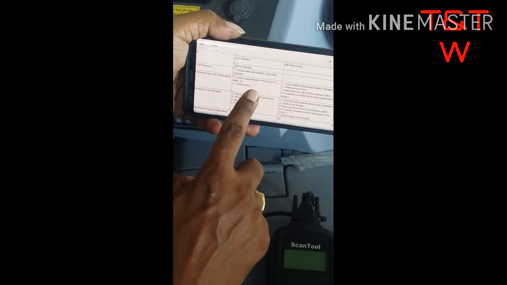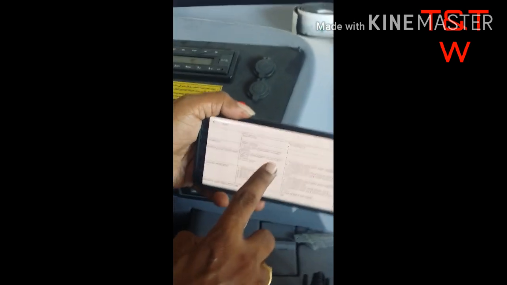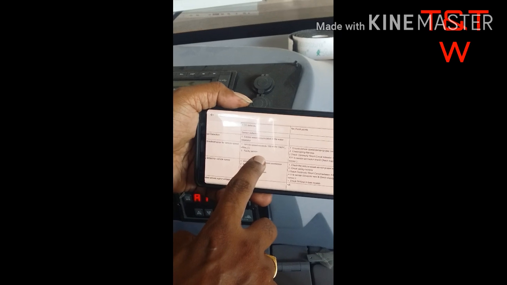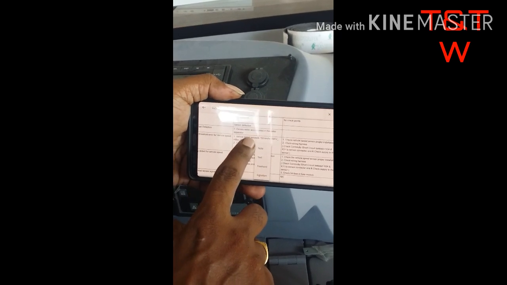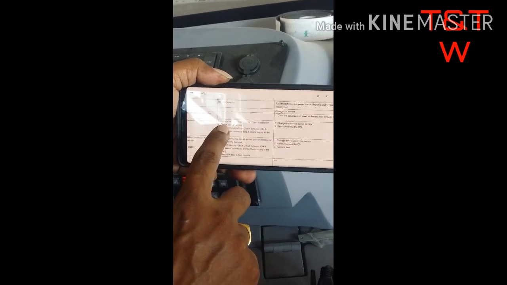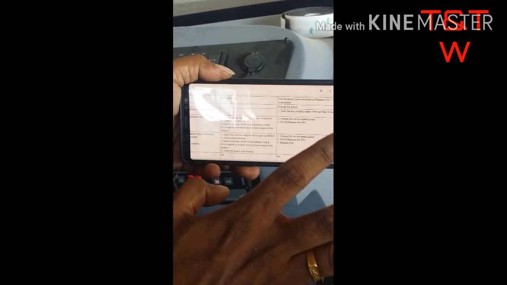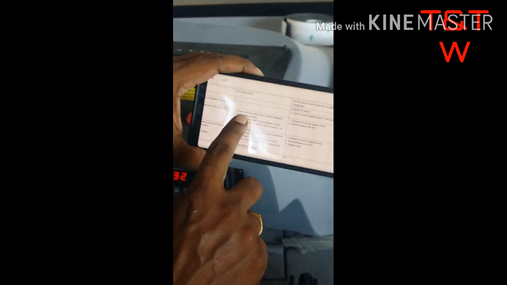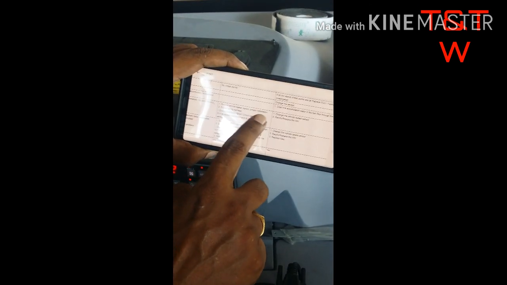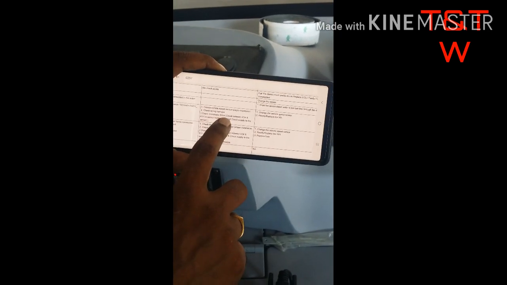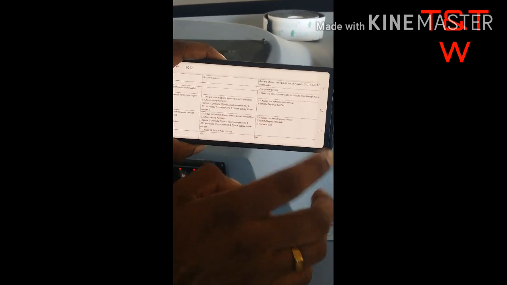What are the reasons? One is vehicle speed exceeds 150 km per hour or faulty sensor. These two can be the reasons. So what are the steps we can do? First, ensure vehicle speed sensor is properly installed. Okay, we'll do one thing. I'll switch on the AC. Ensure vehicle speed sensor proper installation, or check wiring harness. Check the continuity or short circuit between K34 and K11 to the sensor connector.